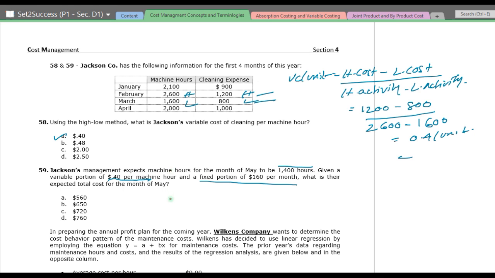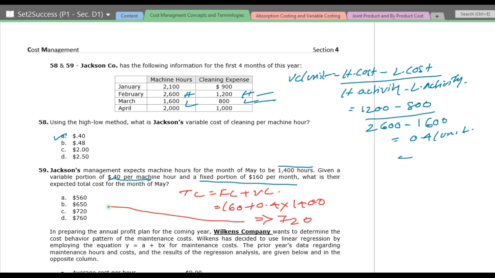So let us find the total cost. Total cost is equal to fixed cost plus variable cost. So fixed cost is 160 plus variable cost is 0.4 per machine hour, and number of hours is given, that is 1400. So this gives you 720, which is option C. Next,